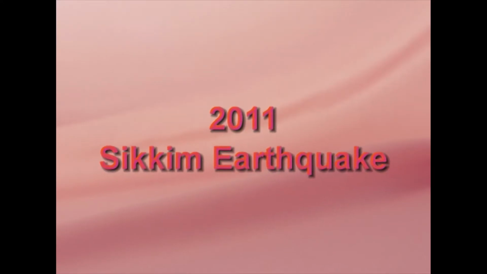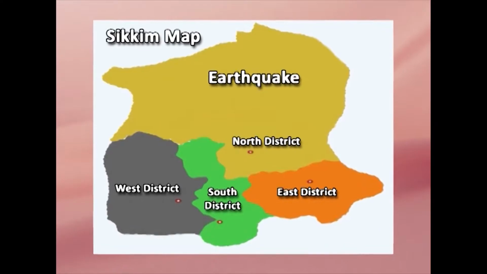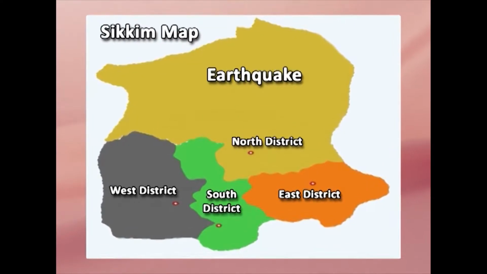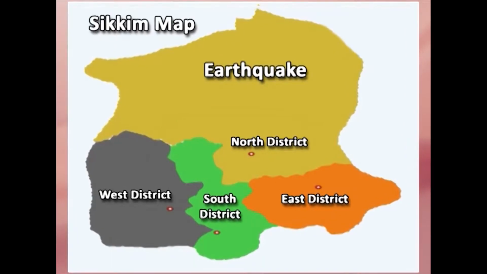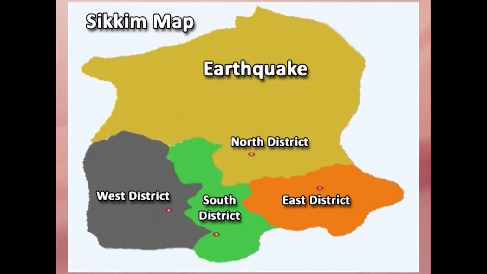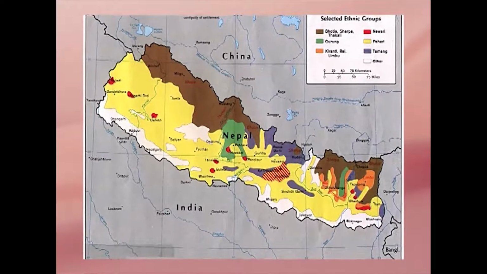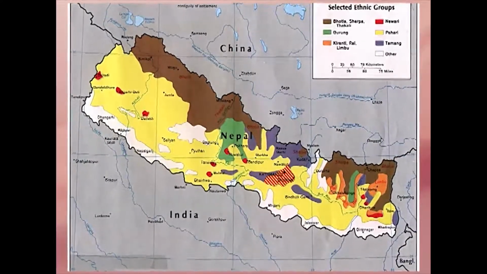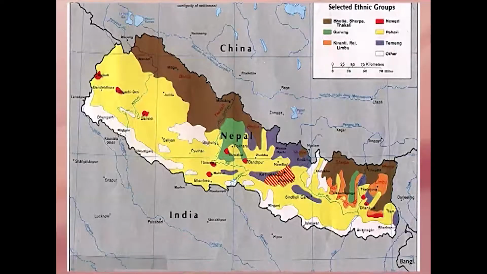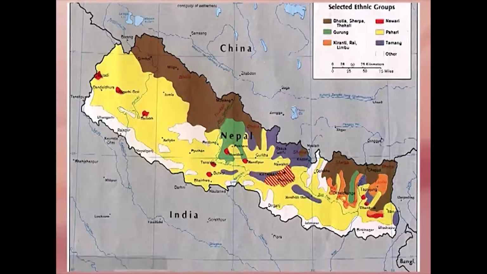2011 Sikkim earthquake. The magnitude 6.9 earthquake occurred inland at 1810 Indian Standard Time on 18th September 2011, about 68 kilometers northwest of Gangtok, Sikkim, at a shallow depth of 19.7 kilometers. At its location, the continental Indian and Eurasian plates converge with one another along a tectonic boundary beneath the mountainous region of northeast India near the Nepalese boundary.